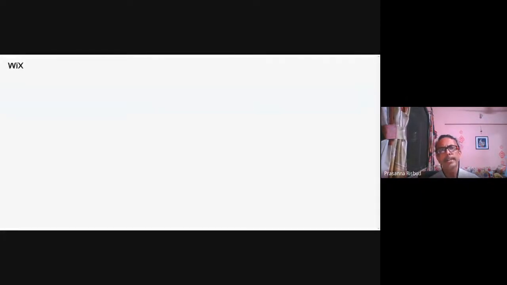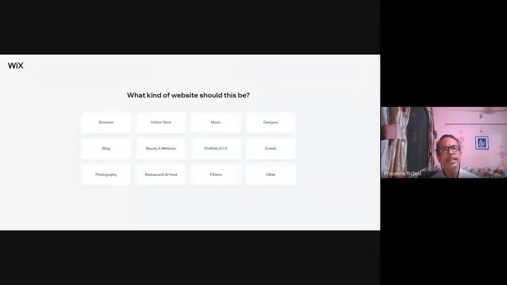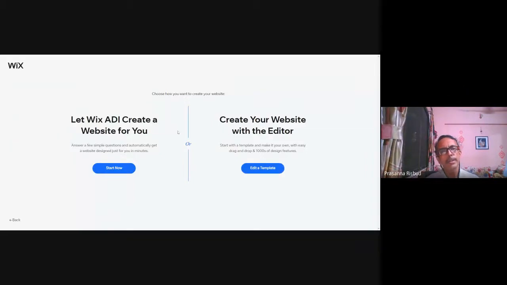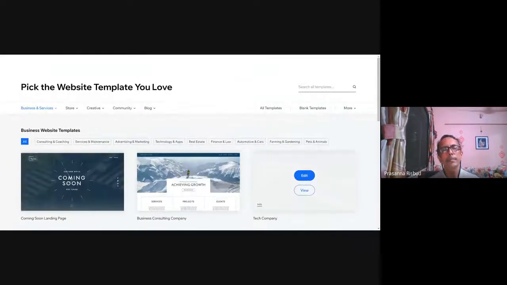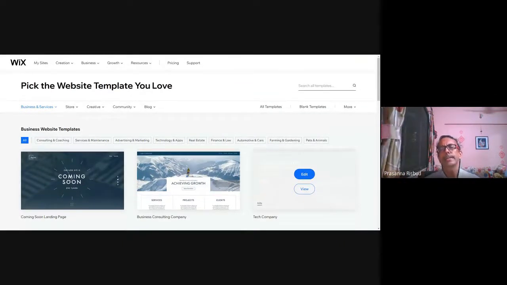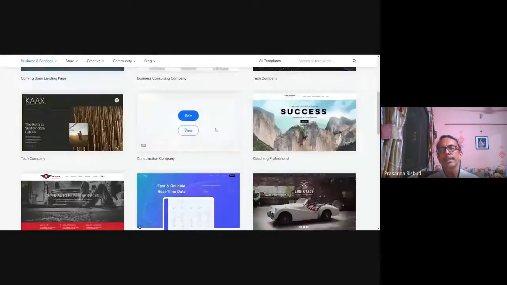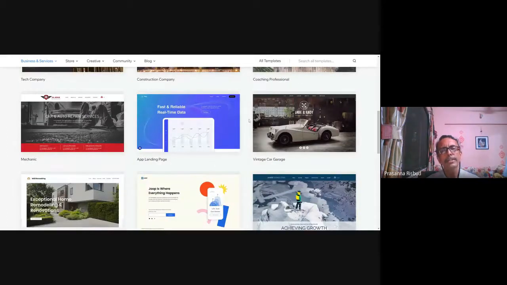Once you click on create new site, you will get this tab and it will show you the options for creating a new site. Various types of different designs are there based on what you want to create. If, for example, I select business, it will give me an option for creating a business. So now I will have to edit a template and choose a design for creating my business website. Now I can choose any template out of these, whichever I like, and I simply have to replace the content with my content as we did in Canva, the way we choose a template and create our design.